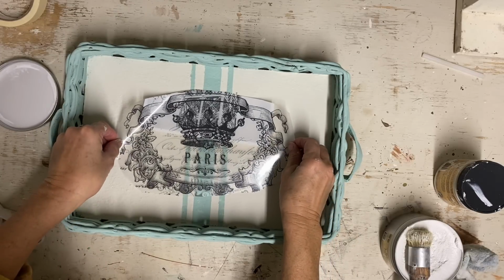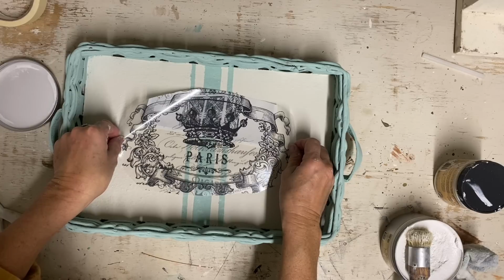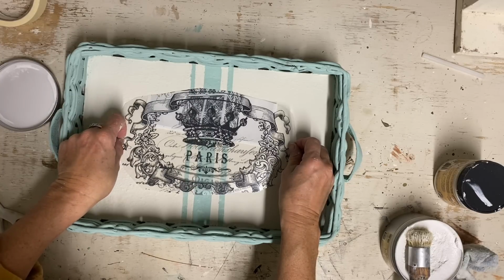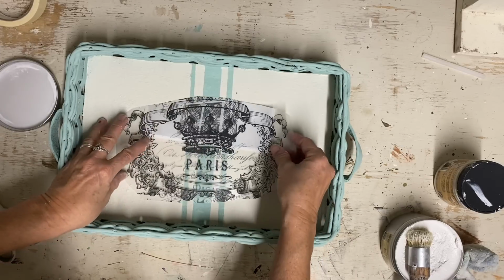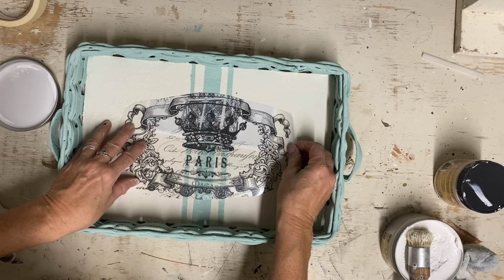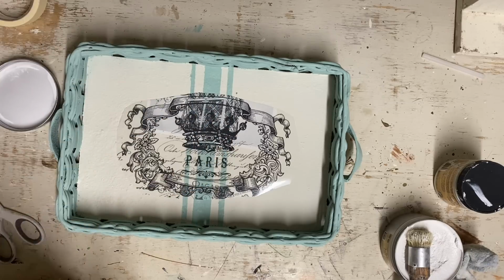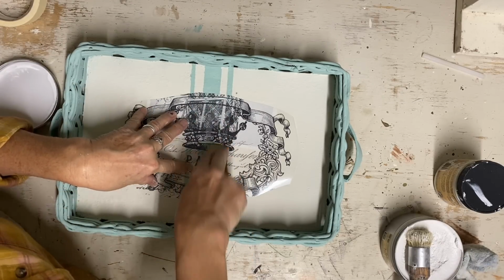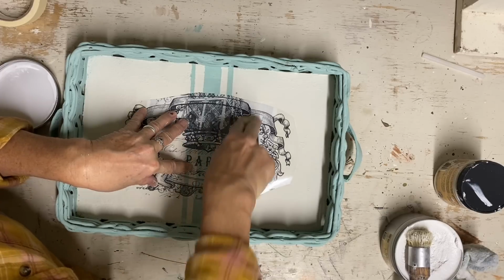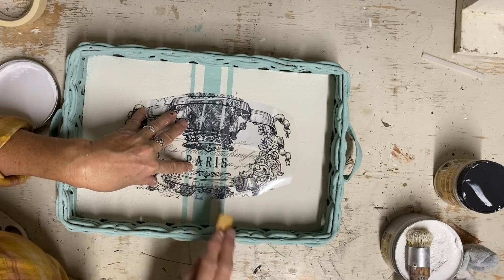So now this is dry again, and now I'm going to put one of these transfers that I chose from that set called Vintage Post. That's a Dixie Belle transfer. And now I'm just going to, and that slid there, and I'm lucky that it didn't try to stick, because sometimes once you lay that transfer down, it starts sticking. So like I said, I was very lucky that didn't happen here. And now I'm just going to transfer that on,